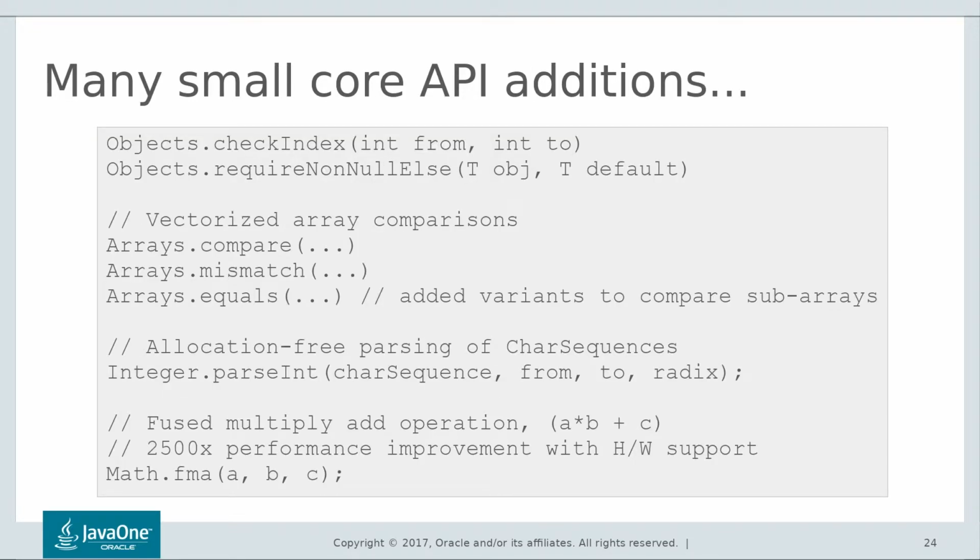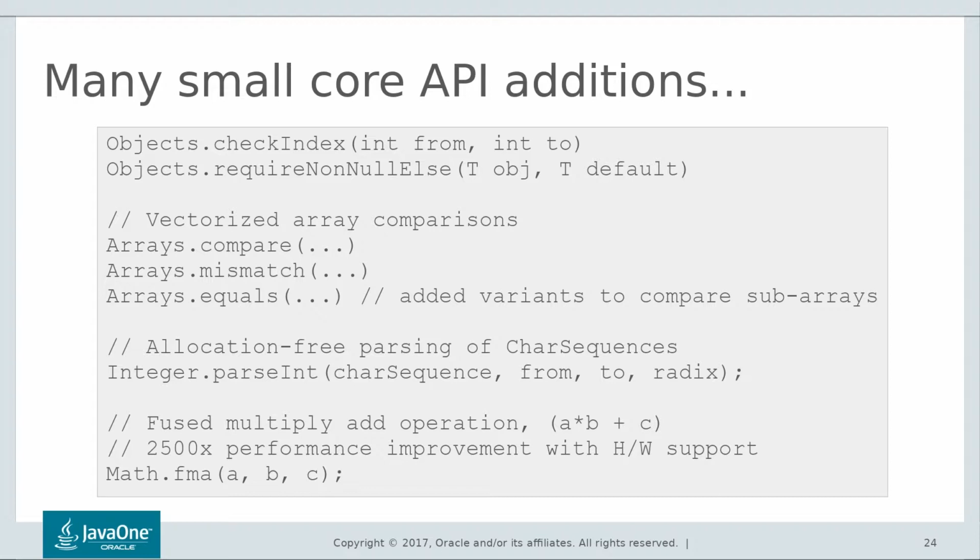But there are so many more small core API additions that trying to enumerate them all here would run us out of time. There's a huge mass of methods added, for example, to java.util.Objects, with intrinsified methods for index checking, requireNonNullElse, and things like that. You also have everyone's favorite, the Optional